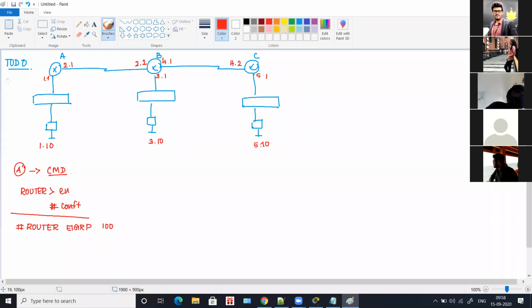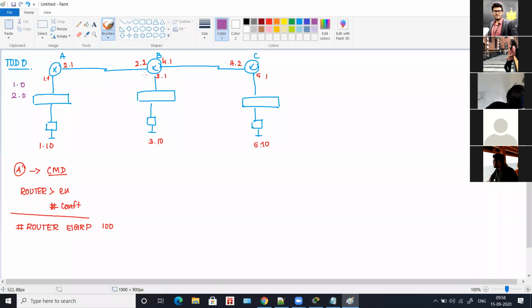Now we are actually doing dynamic routing, so we are going to take the known networks. For router A, tell me what are all the known networks. That is, the interfaces which are directly connected will be your known networks. So obviously it is 1.1 and 2.1, so it is 1.0 and 2.0, which are the known networks for router A. Excellent.